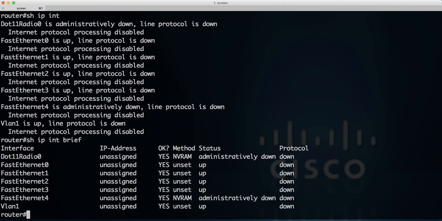So what we're going to do, we're going to connect FastEthernet 4, that port, into our Ethernet provider and use that interface Dot11Radio 0 to connect stations wirelessly to the internet. Of course you can use ports FastEthernet from 0 to 3